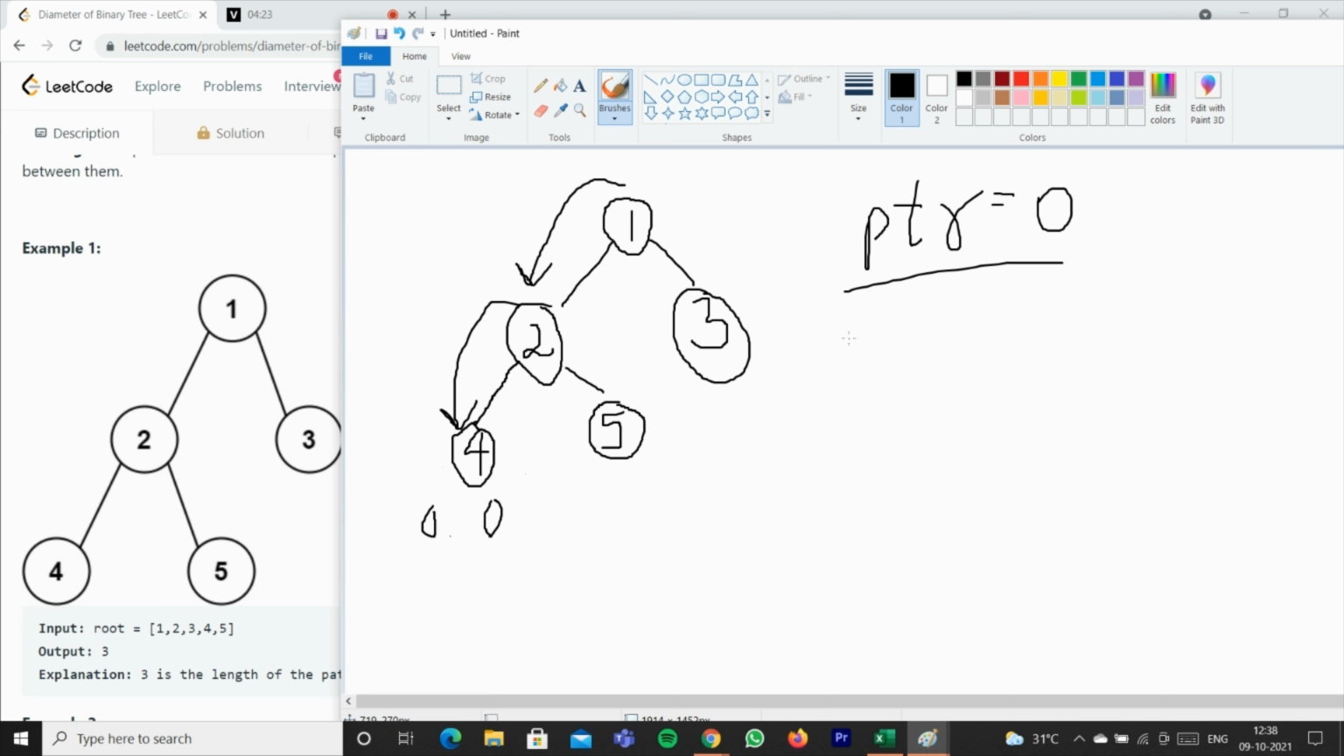So what we return is 1 plus max of L comma R. When we do this, the max is 0 whether we take L or R, and we just return a 1. Now why we do this, return 1 plus max of L comma R, is that we need to find the maximum